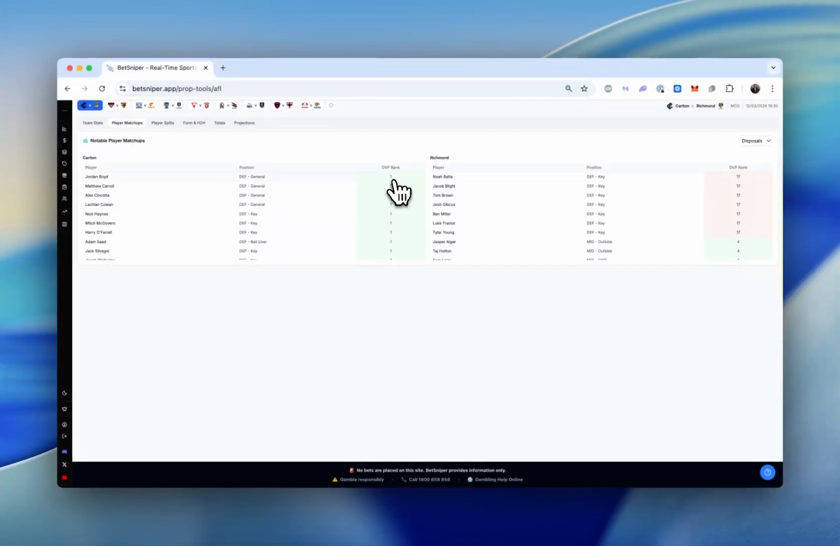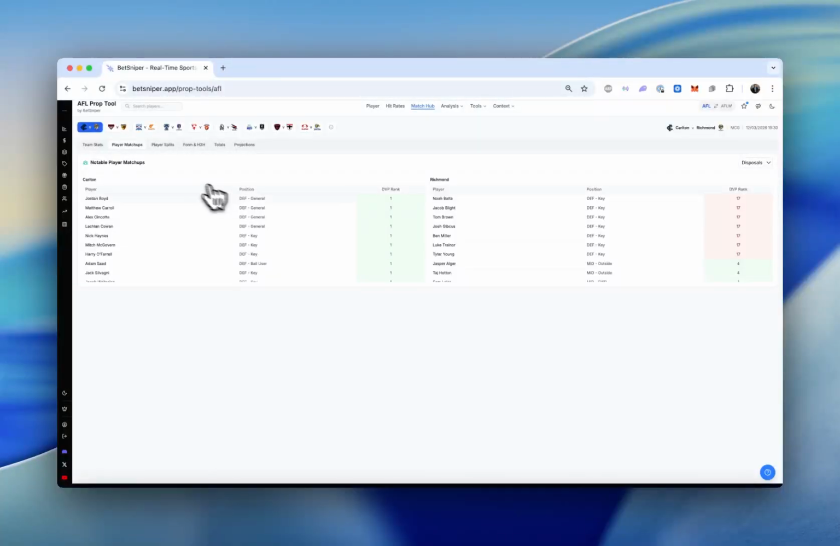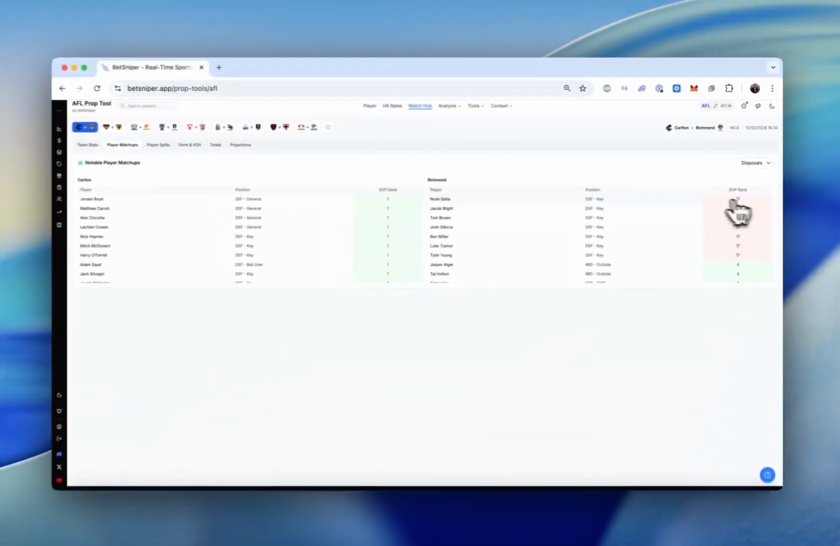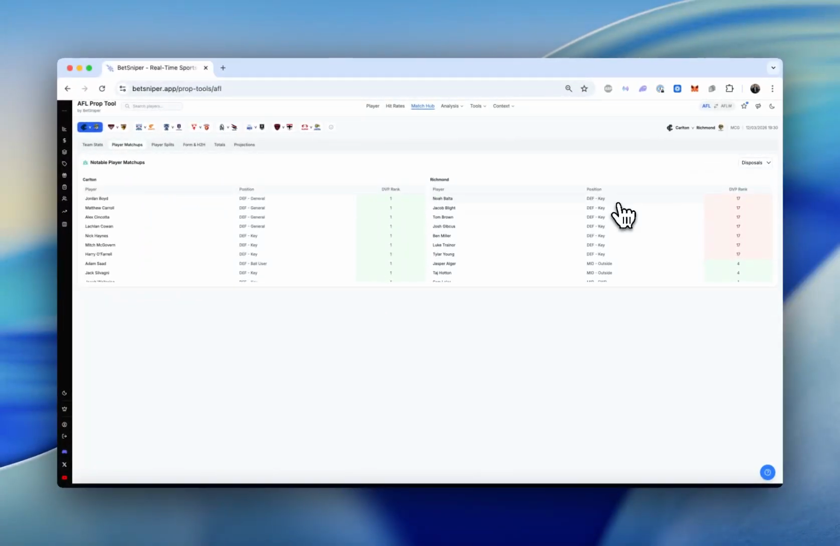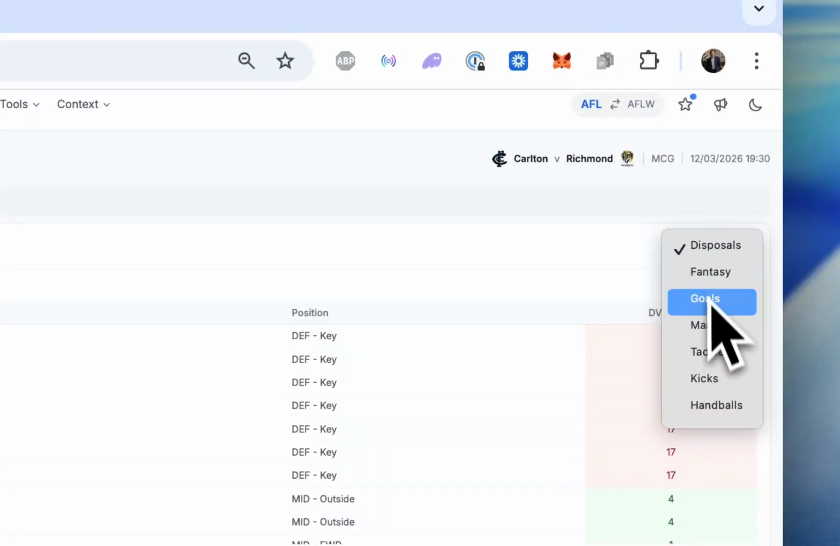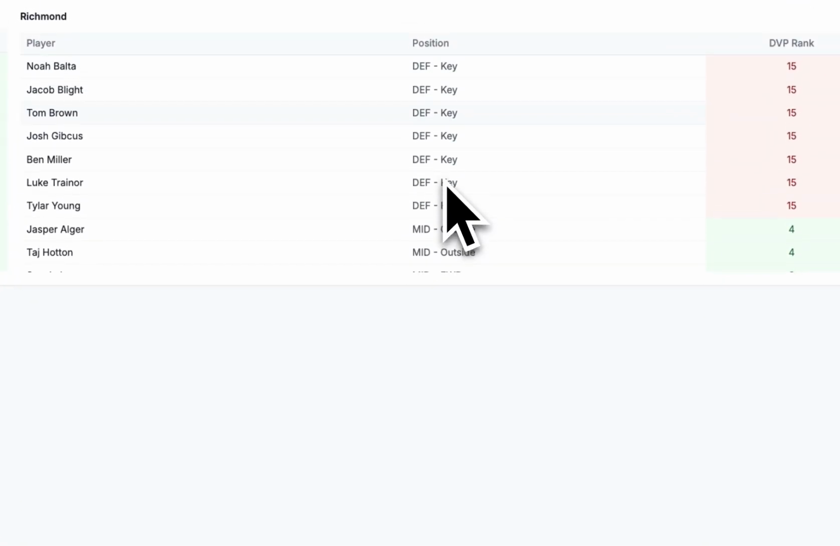DVP rank 1 means that defender generals average the most disposals against Richmond. And then DVP rank 17 would be a hard matchup. This is saying that defender keys against Carlton average the 17th least, or the second worst disposals. And so you can toggle for the stats here, and just give you a quick look at players who may